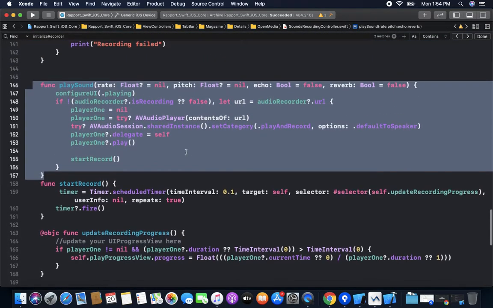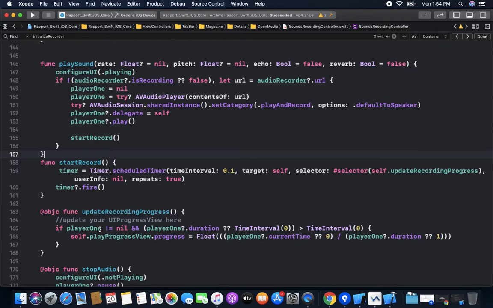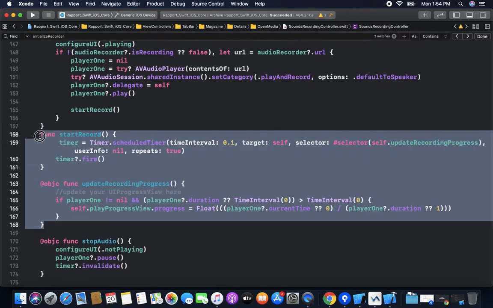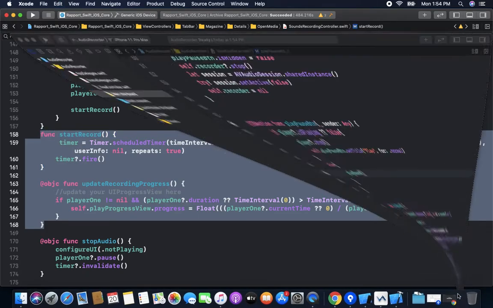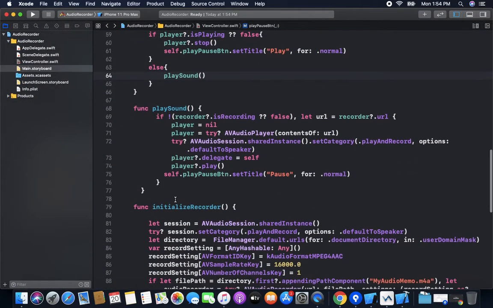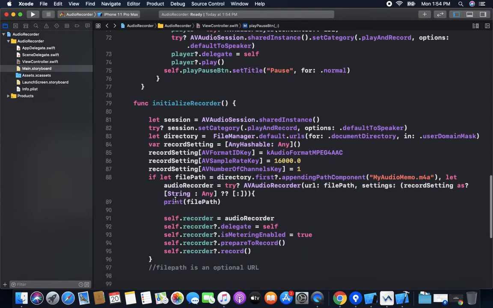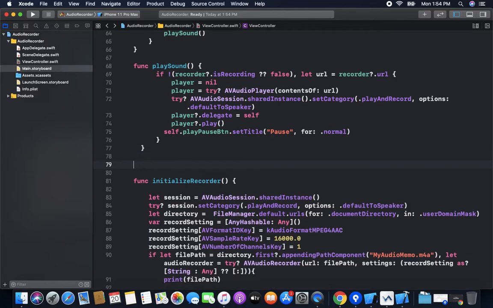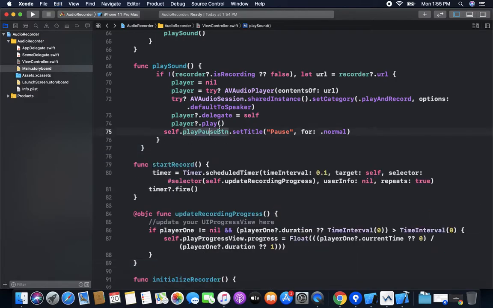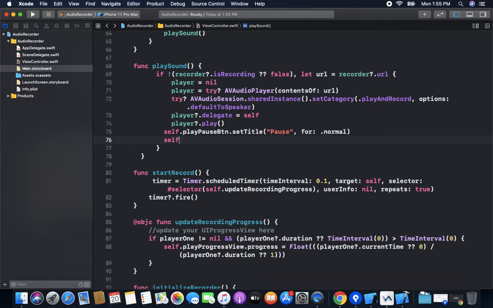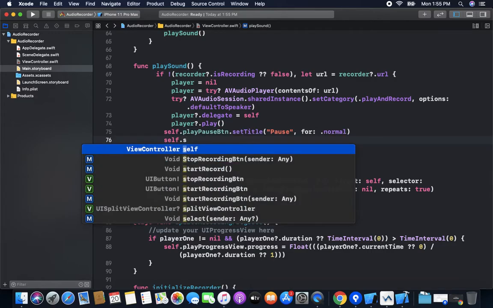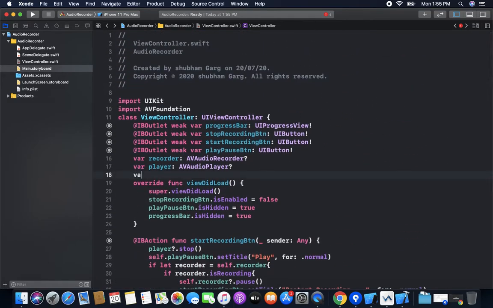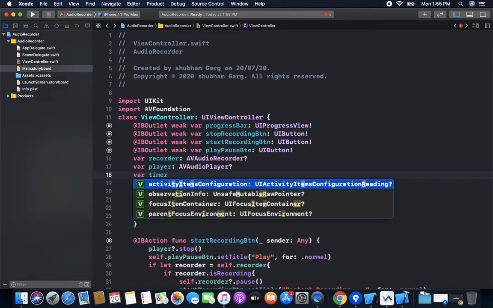Now for the progress indicator, we need to update the recording. When we play, we need to update a progress view. For this, we just use some function. So we will call this start. We make an object of timer.